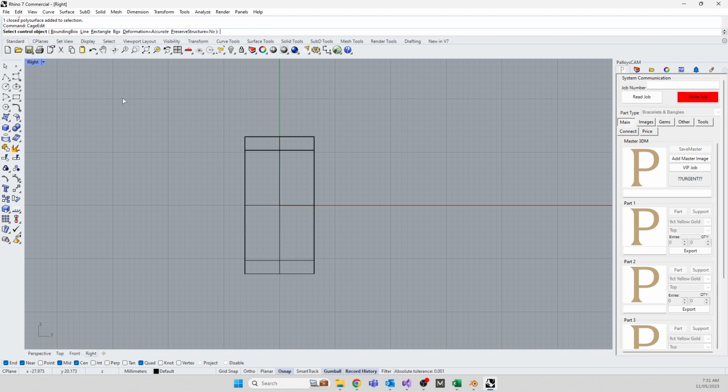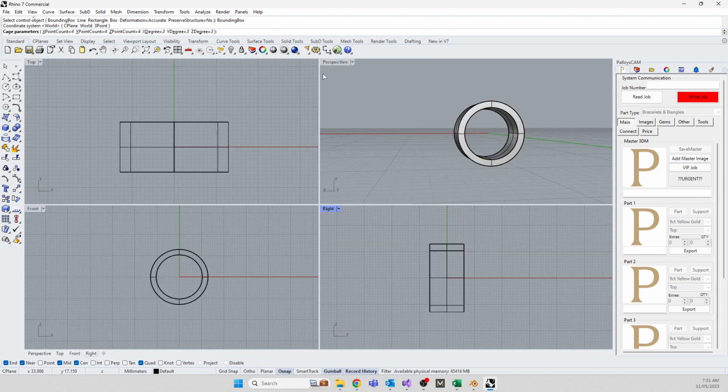So in most cases, for the control object, you're going to select bounding box. We're going to select the bounding box around the item. You're going to press enter. Okay, and then we'll explain what these are. These are how many points, how many fake edit points do you want me to give you in the Z direction, in the Y direction, and in the X direction? All right, so if we look inside here,